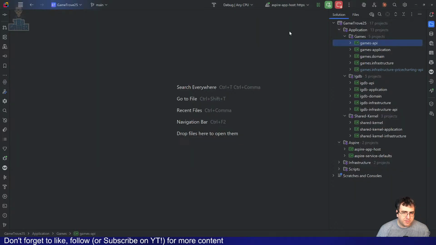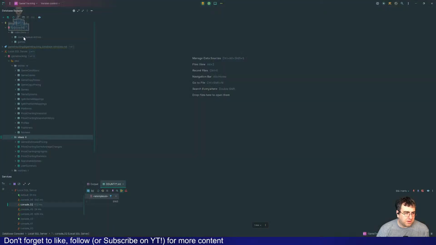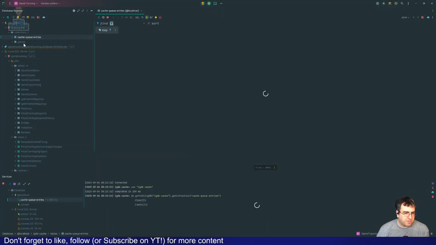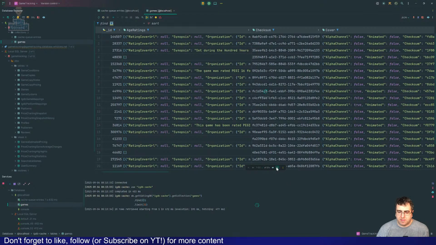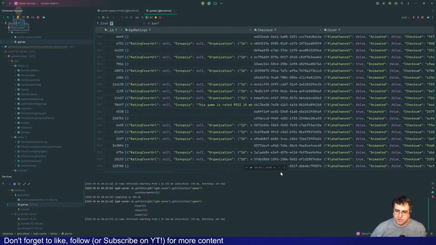Okay, so we have a good point. Yeah, everything's generally working. Cache queue entries, yes. Basically, as I click on a game, it pushes off a message to say, "Hey, go and pull this data," and it repulls that data again. Not ideal.